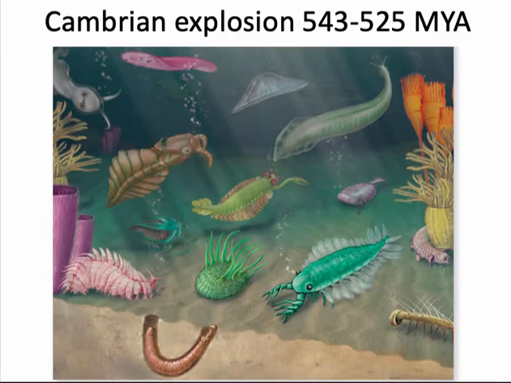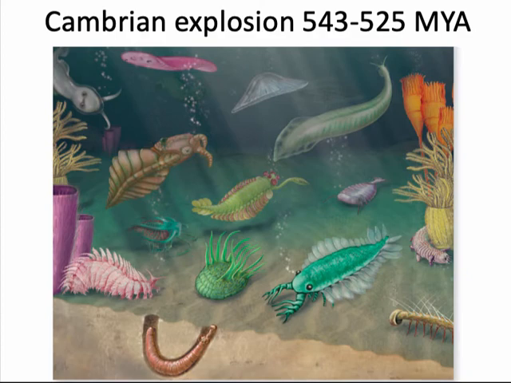For a long time, the diversity of animals looked very similar to sponges and jellyfishes that we know today. They were mostly soft-bodied organisms that didn't move and were probably mostly filter feeders. And then all of a sudden, between 543 and 525 million years ago, the diversity of animals exploded. Although it's still up for debate what caused that explosion in animal diversity, there were many things that had to be in place for it to happen.